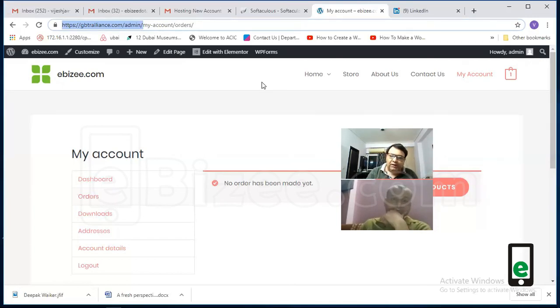So my objective in today's session was just to show you how you can build this kind of site. And later on in the next session, I will tell you how to change the design of this website and how to customize this website as per our requirement. That I will tell you in the next session.